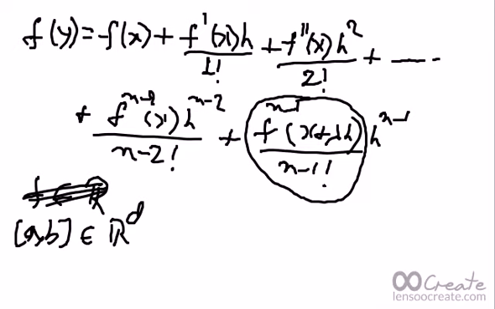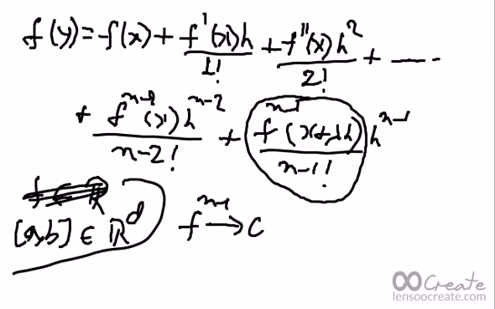So from the Weierstrass theorem, f being continuous, f^(n-1) being continuous,